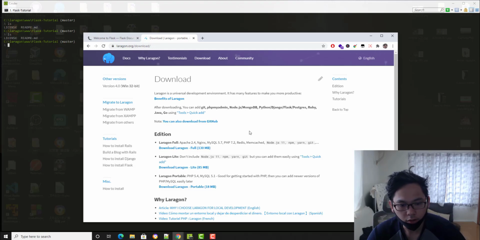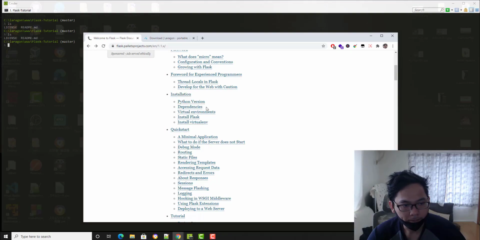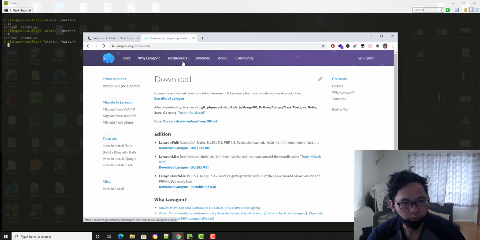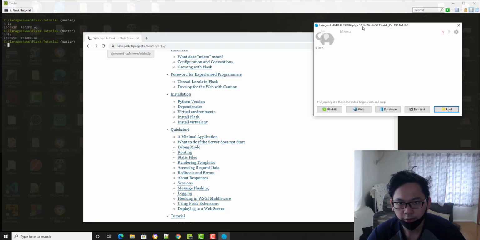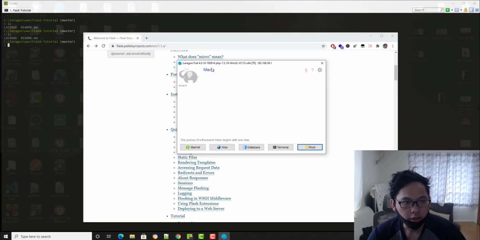You don't need to install pip, Python, all of that. You can do that in one software called Laragon. So get the full edition for this one. This is the best solution I can give for an absolute beginner. It's so isolated anyway. Just click the full edition, and after you do that, you're gonna get this thing on Laragon.